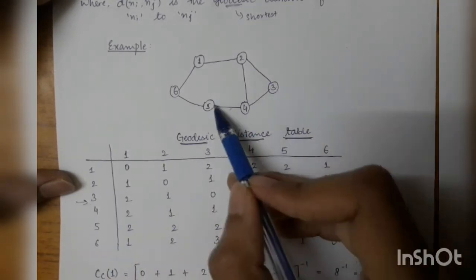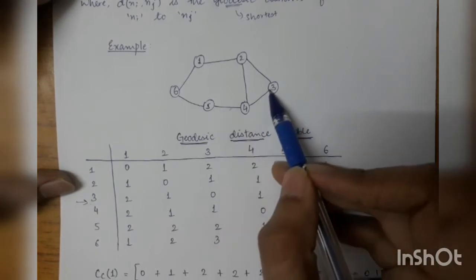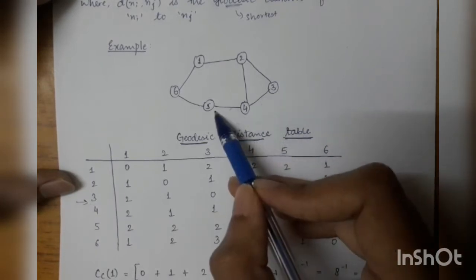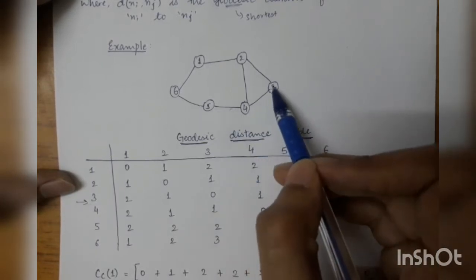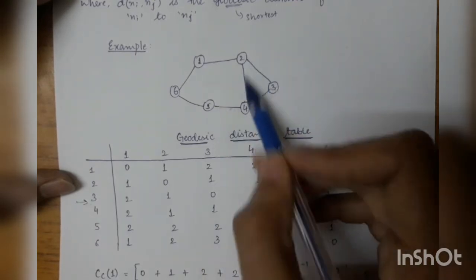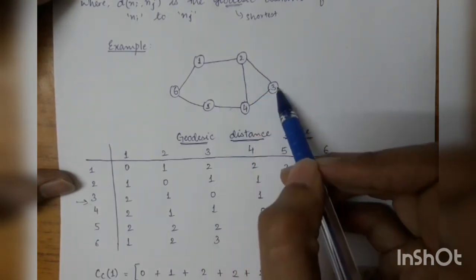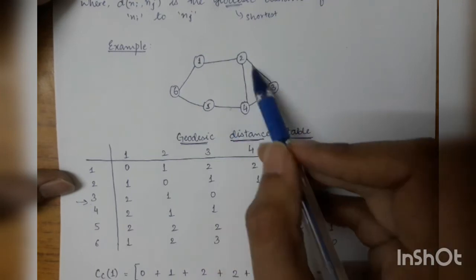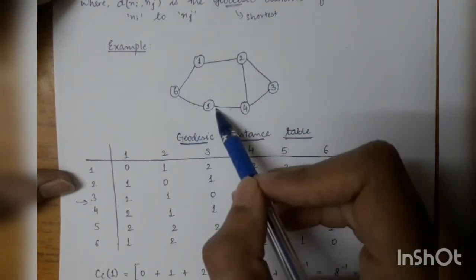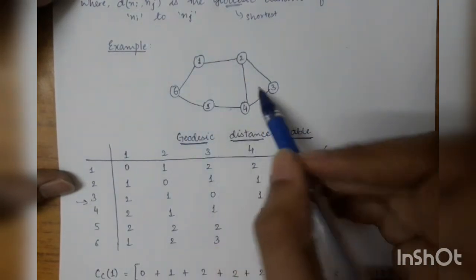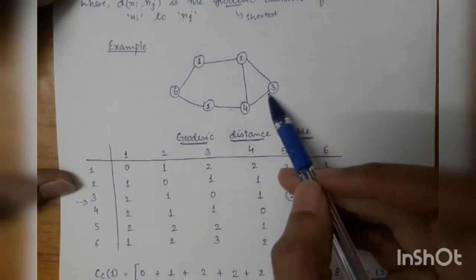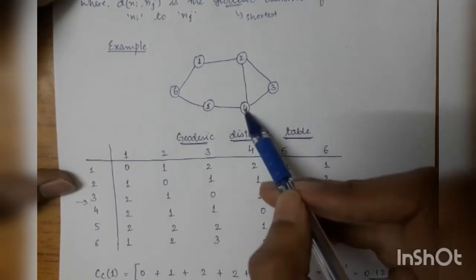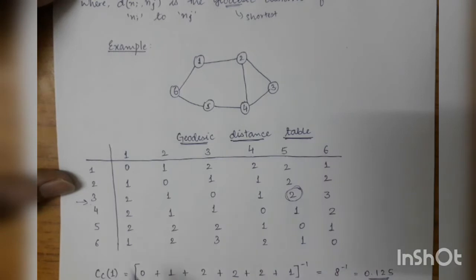The shortest distance between 3 and 5 is 2: 1 and then one more. We can also go from this other path, but the distance over here is 3, and there's one more path here, but the distance over here is 4. So we only need to consider the shortest distance. From 3 to 5, this is the shortest distance and the length is 2, right?